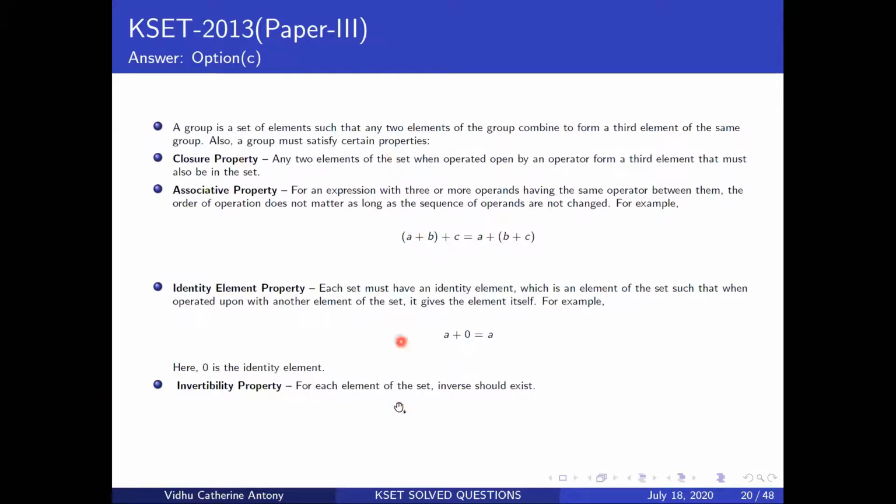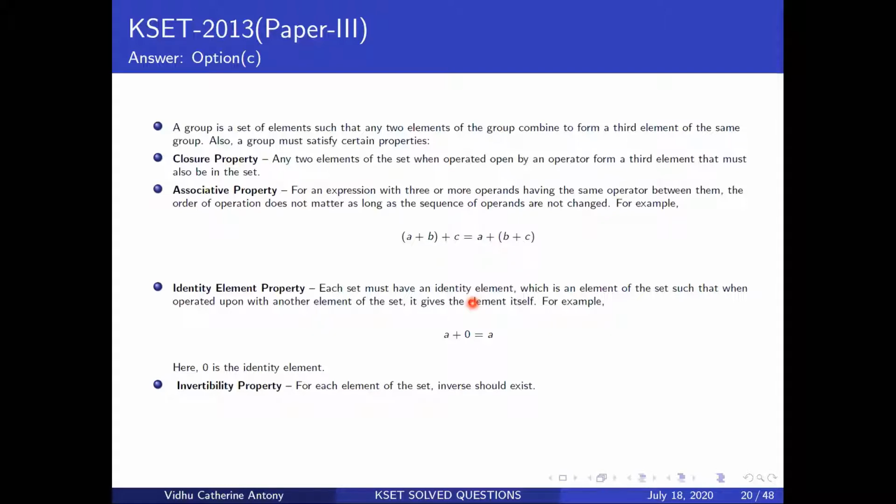So these 4 laws, I'm sure you would have done it in your BSc and you would have forgotten about it. You would have multiplied 2 cross 2 matrices and checked if, okay, fine, is it going to be in the set of those 2 cross 2 matrices? Then let me look at the associative. So does it obey the associative law? Is the LHS equal to the RHS? Then you would have looked at an identity element and you've tried to add or multiply. If it's a multiplication, you basically would have used an identity matrix and multiplied it with the matrix and checked if you got the same matrix back.